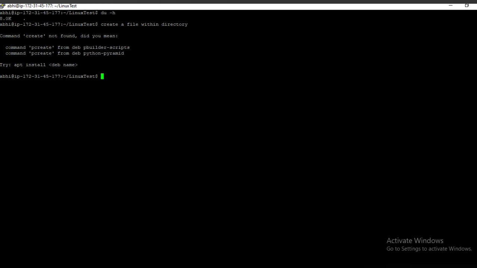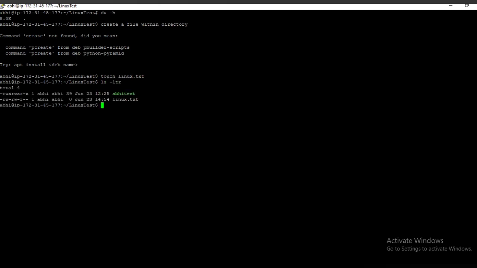Now again, you can create a file in this. There are other methods, and one of them is touch, which is widely used. Touch will create an empty file, whatever file you are creating. Previously we created a file using VI, where we have to enter something while creating a file. If you don't enter anything, it won't be created. Touch will directly create an empty file, and you can later enter anything in it. So we have created a file using touch.